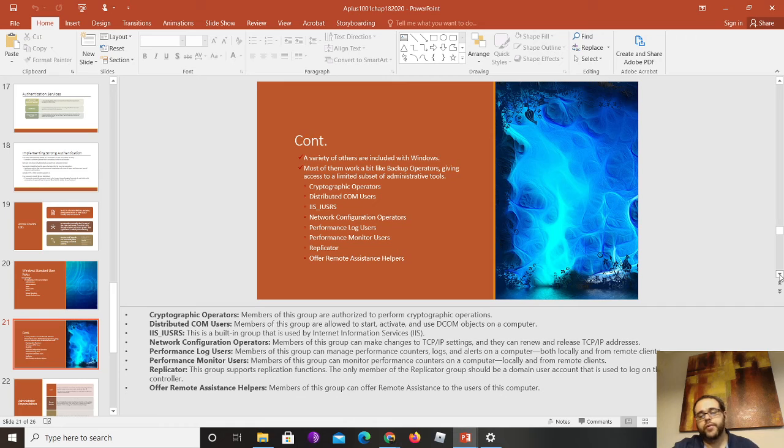The only member of the replicator group should be the domain user account that is used by the replicator services of the domain controller. So this is another service account. You have remote assistance helpers. Members of this group are remote assistance users, so basically people that can offer remote assistance to other users on a network.